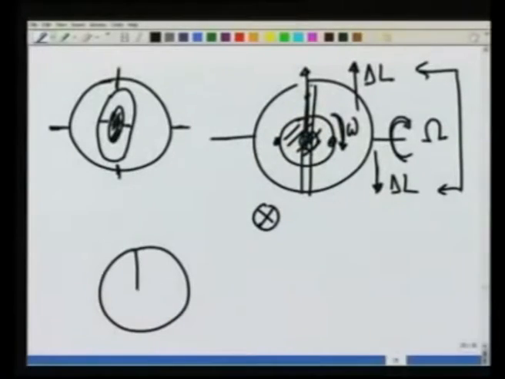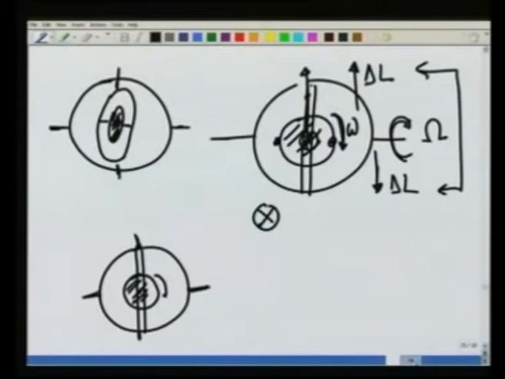Having qualitatively understood this, that is, if we have these frames, this can rotate freely about this, this can rotate freely about this, and this can rotate like this, why does this spin align with the outer spin? Let us try to